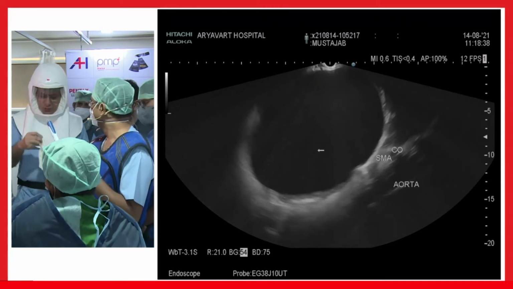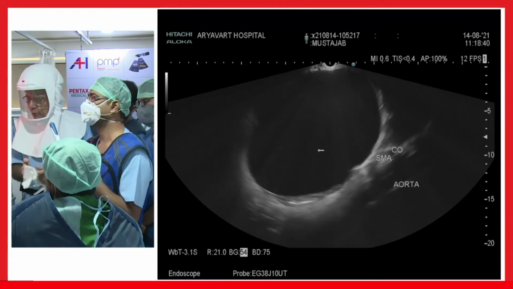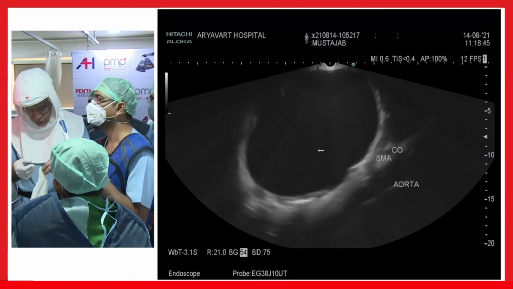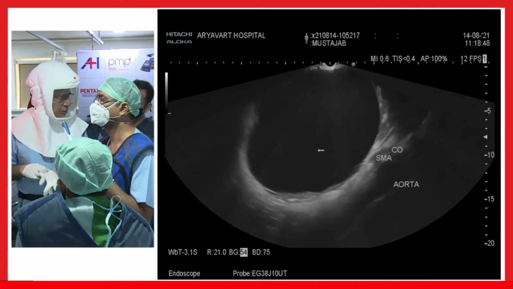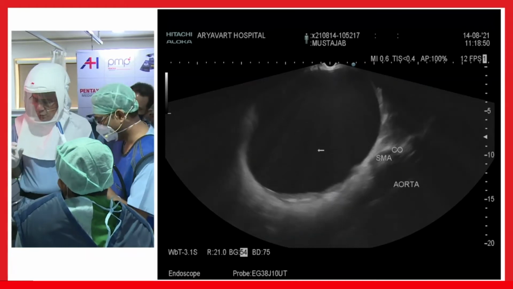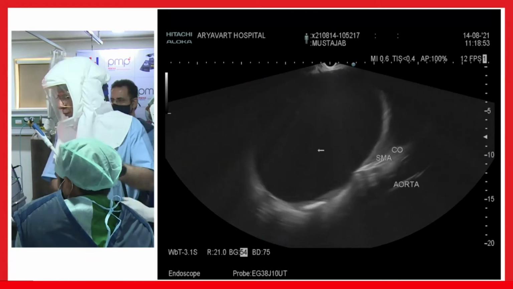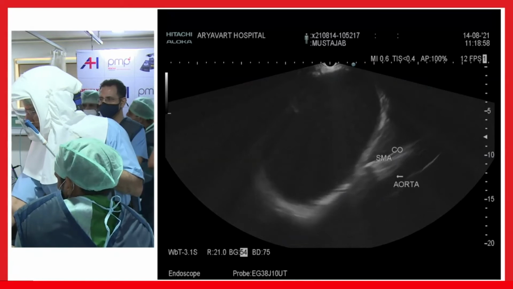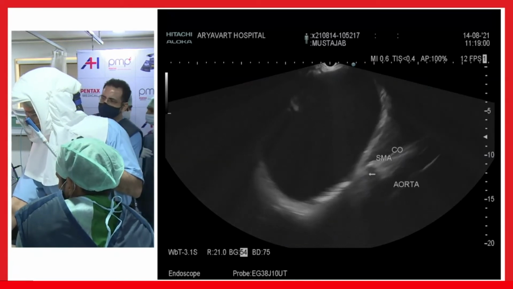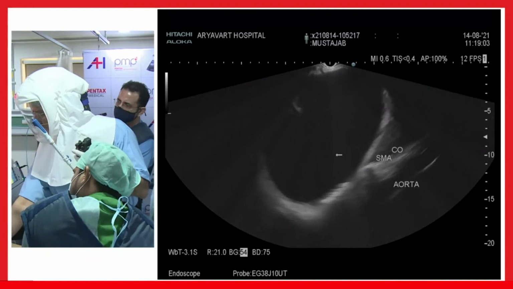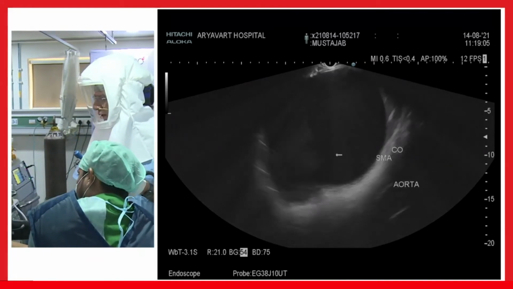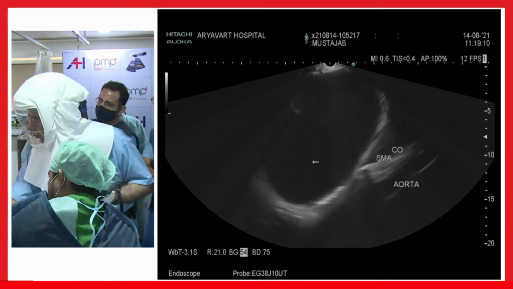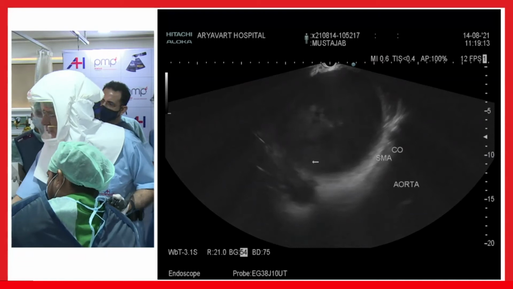I would like to wait for 1 minute and try to prove my point, because I have labeled some of the structures. Again, this is just my view. This is before puncture, and I have labeled 2 structures here: the aorta, the celiac artery and the superior mesenteric artery. I would say this is not a pseudocyst, this is a lesser sac collection, because when I rotate it like this, I find this cyst is possibly connected at this particular place.